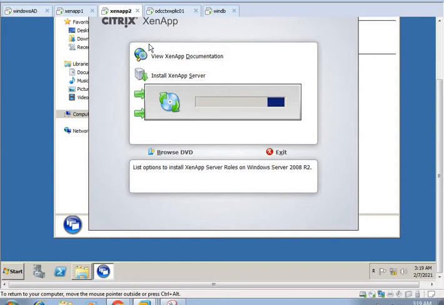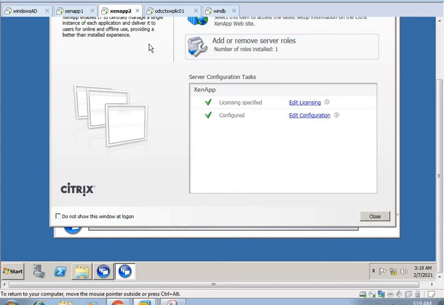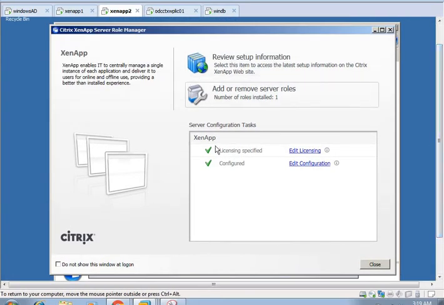Platinum is the fully loaded edition in which we get all the supporting software like HSite, Password Manager, and all. So once we select the correct edition, we install it, and after installation it will show you like this, for the license configuration and the ZenApp configuration. In case in our license server we have purchased the Platinum license, and at the time of installation we have selected a different license,